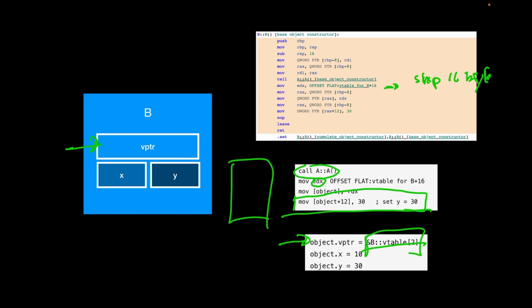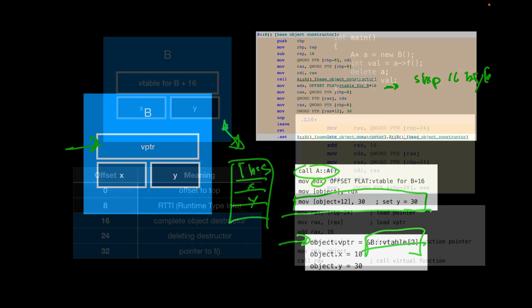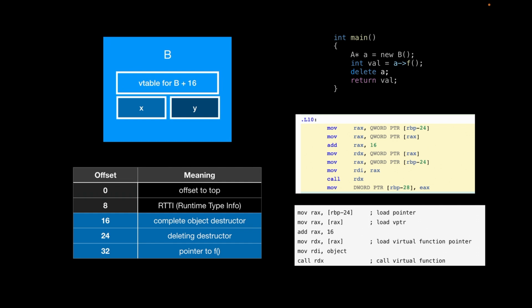The stack is here again: this, x, and y, as we saw before from here. All these pointers and variables are contained in the stack. Now, after having described how the construction of the object B works, we can analyze how the polymorphic call mechanism works in main. So in the first statement,